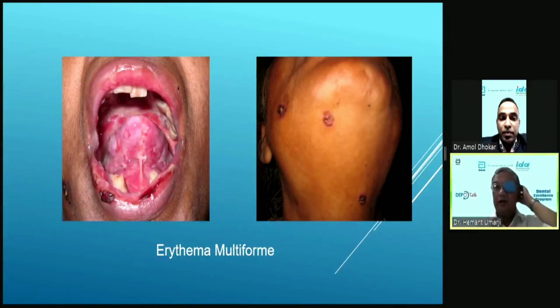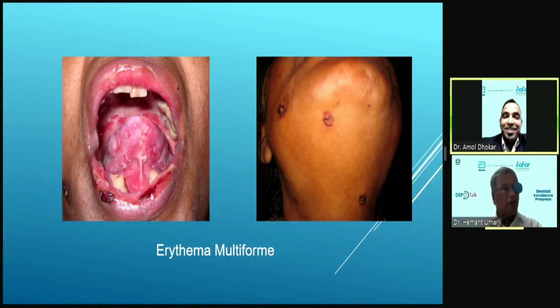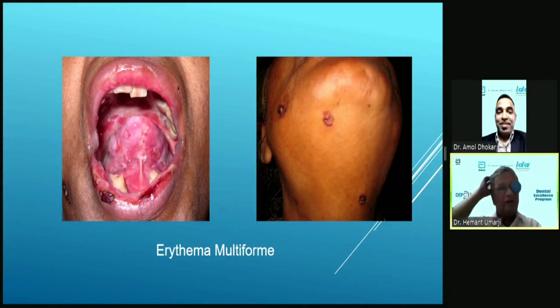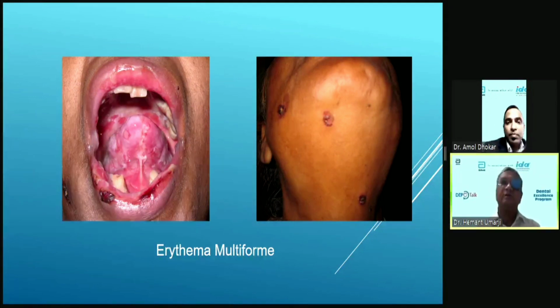That is the question which you had asked: it is very difficult to differentiate between various ulcerative lesions. They all look the same. This is an ulcerative lesion, and ulcerative lesions are seen also in herpes. So how to differentiate? That big question mark is there. Now, a herpetic patient will have prodromal symptoms, whereas in erythema multiforme, no prodromal symptoms.